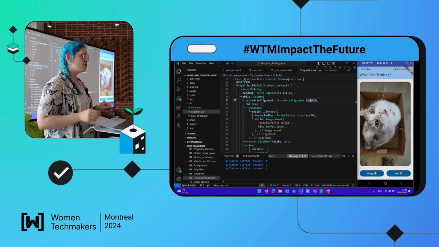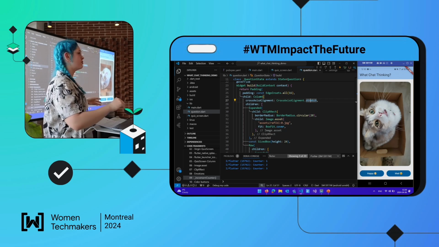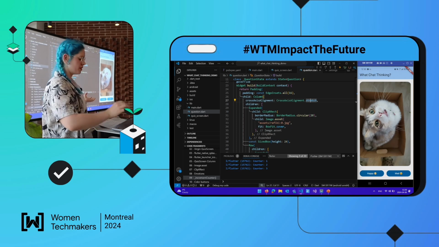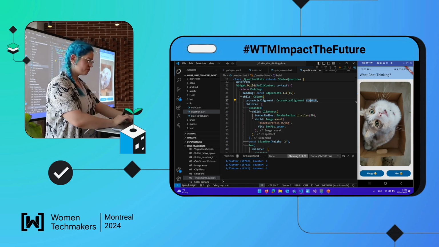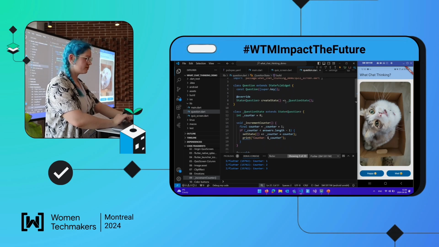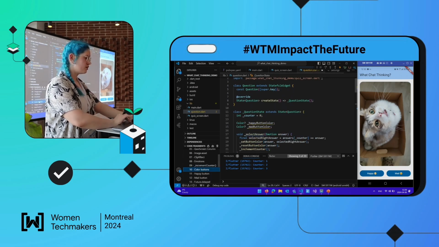Okay, now I want to add some color feedback. I want that if I click on the wrong answer, it shows red. If I click on the right answer, it shows green. Okay,